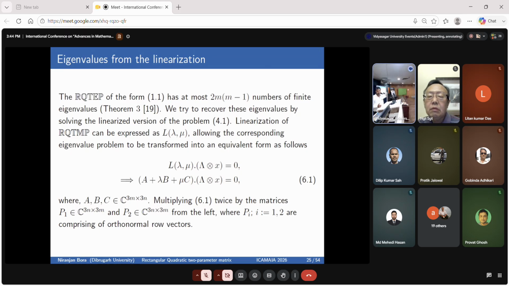Now we try to recognize the eigen information by solving, if we multiply, equation 6.1. We already know about the matrices A, B, and C, these facts are the reference matrices. And if we multiply the equation 6.1,